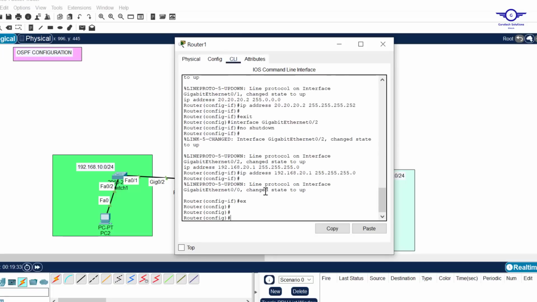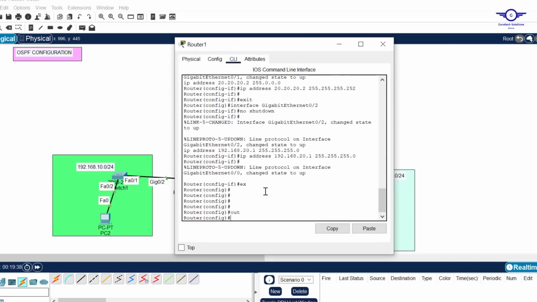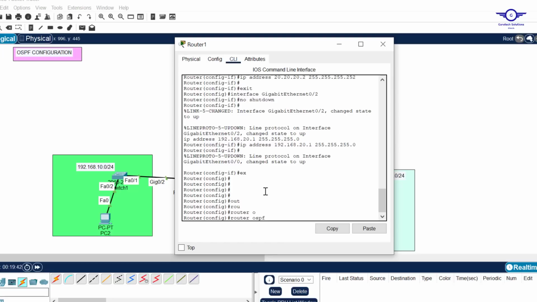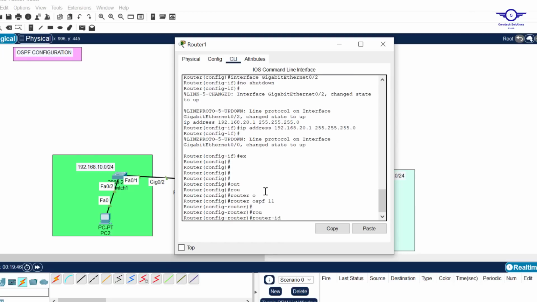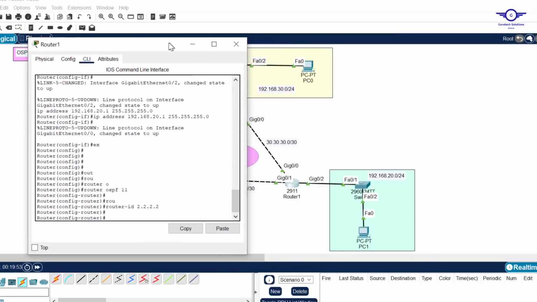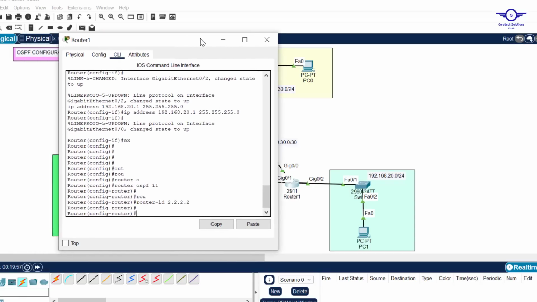and advertise the directly connected networks. Router OSPF with the process ID of, let's still use 11. Then the router ID must be different, 2.2.2.2. Then we advertise the directly connected networks. So here we advertise 30.30.30.0 and 192.168.20. something. So let's start with 192 network